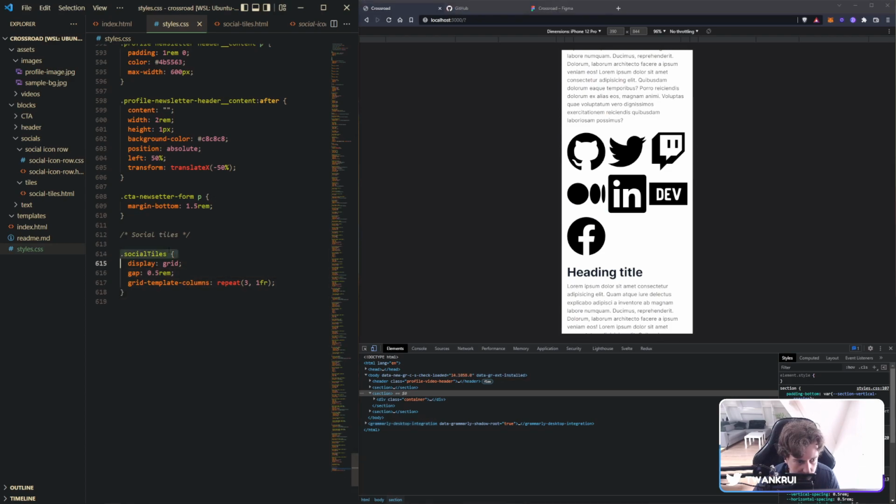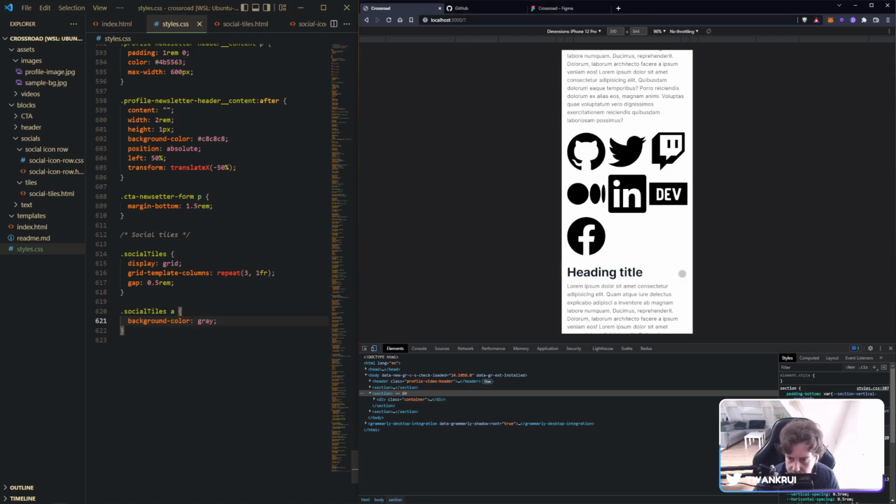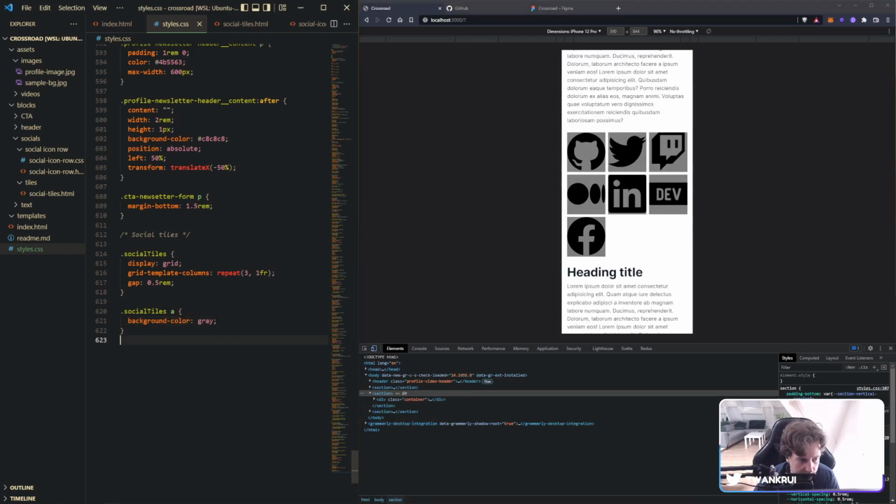And let's give all these a background color of gray, just to see what we're working with. And then let's also say that the SVGs are